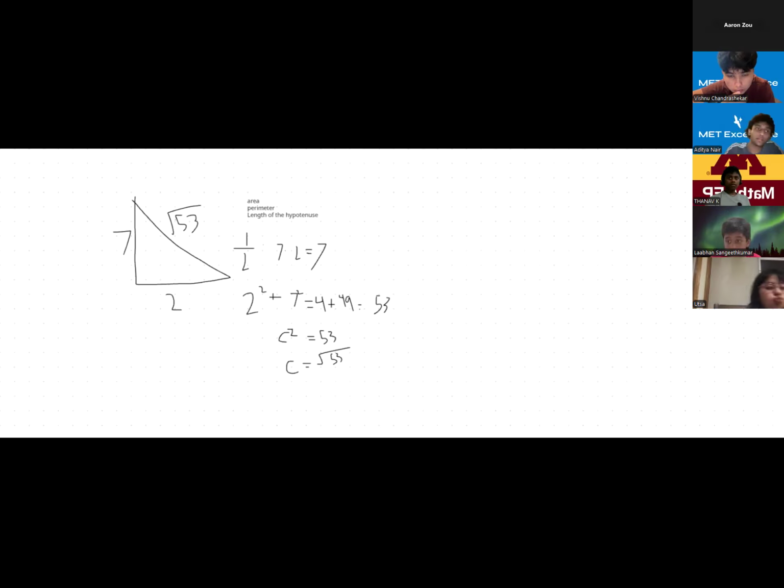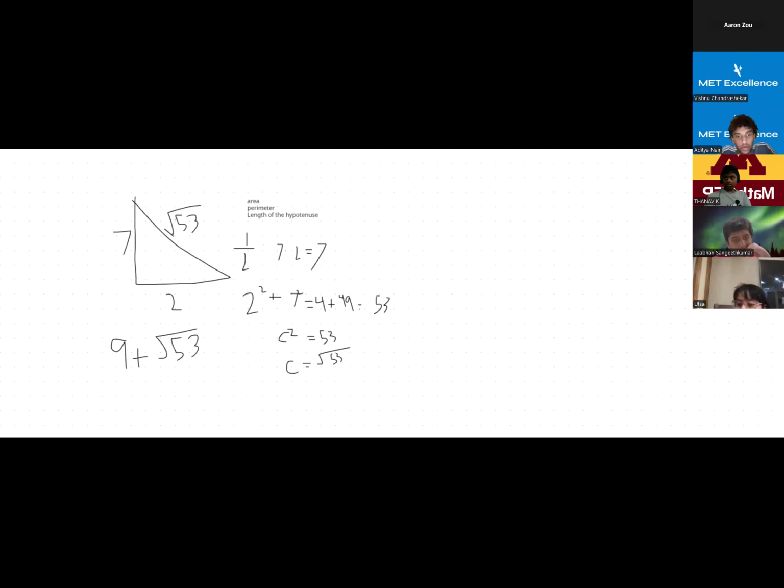Okay, not seeing a lot of answers in chat, but that's perfectly fine because the square root might scare you a bit. I just want you to treat it as a regular number that you don't really have to add into anything. In this case, 7 plus 2 would be 9, and we would just add that to the square root of 53. Now, technically, this does equal an answer, but you would need a calculator to do that, and you don't get a calculator on the UMTYMP test.